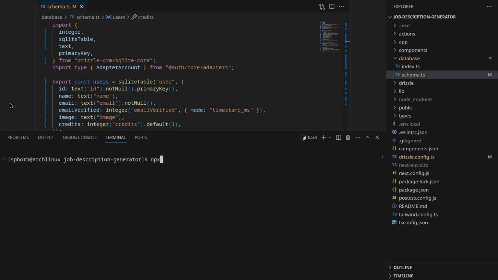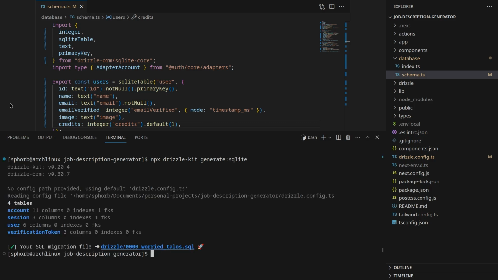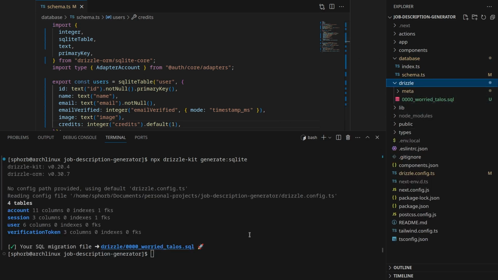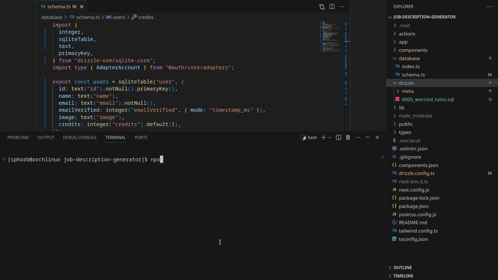So npx drizzle-kit generate. Now, previously we would put MySQL here, but since it's SQLite, we'll put SQLite. Click enter on that, and you can see in our Drizzle folder, a new schema has been created. Now we need to push this to our remote database. So for that, you do npx drizzle-kit push: